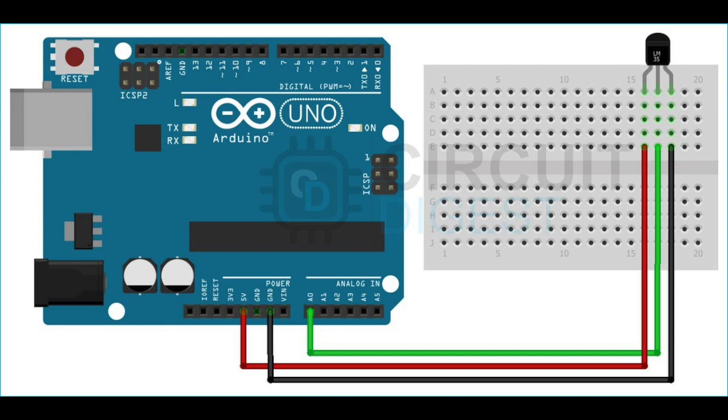I connected the temperature sensor to the Arduino board as shown in the picture. The left prong to the 5-volt connector, the right one to the ground connector, and the middle one to the analog input connector. After that, I connected the Arduino to the computer so I could upload the code that I